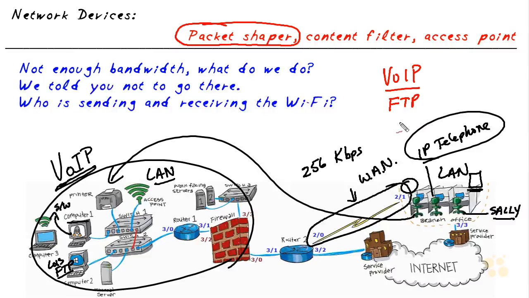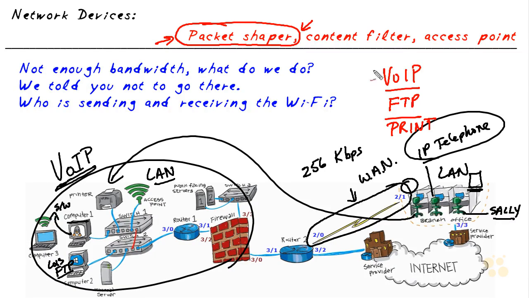And the same thing could be true for a print job that's happening over the network. For example, if Sally sends a print job over to this printer, Sally's not even in that room. So that print job could be delayed, and no one would know or care that it got delayed by a few seconds. So by using a traffic shaper or a packet shaper,